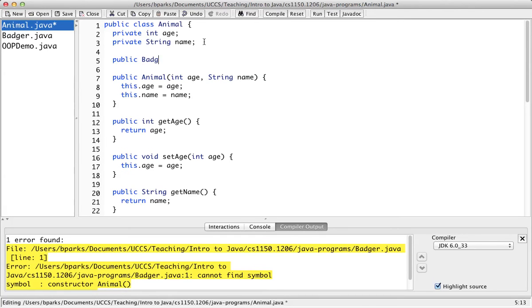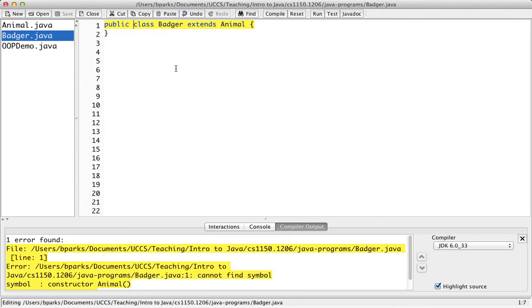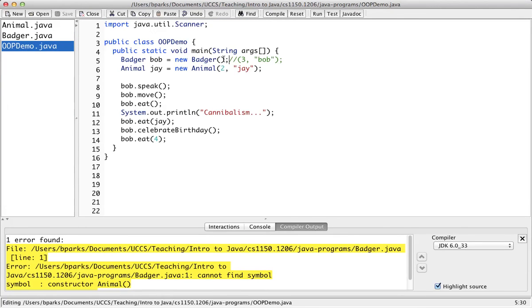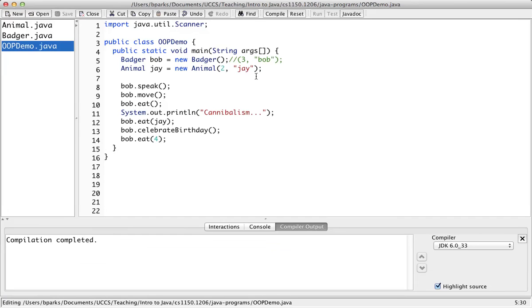So one way to solve that problem is to do something like this. Now there's a noargs constructor that does absolutely nothing, which is essentially what Java automatically provides if you don't specify another constructor. And then we should be able to do something like that. And that works. The thing is, we don't really want to leave things unspecified. We want to give this badger an age and a name. But